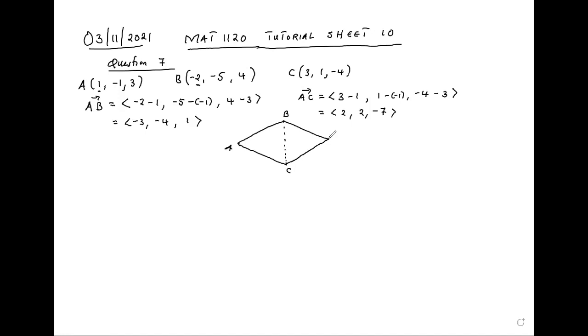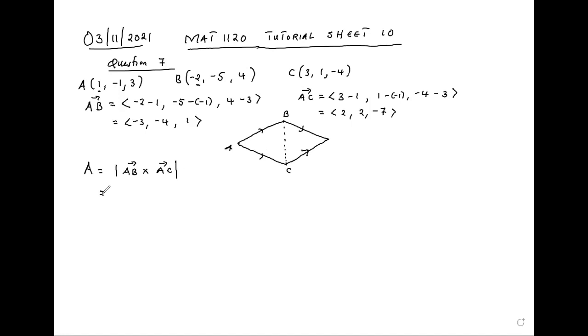The area of this structure is given by the cross product of AB cross AC, because we have found a vector that goes like this and the vector that goes like this. So they are the same vectors. So when you get the area of this whole structure,